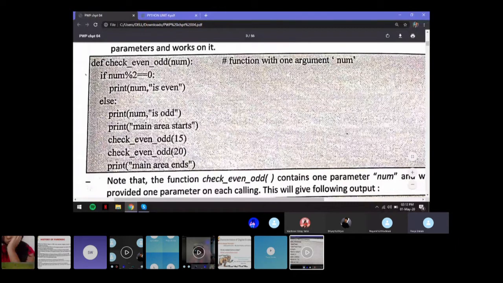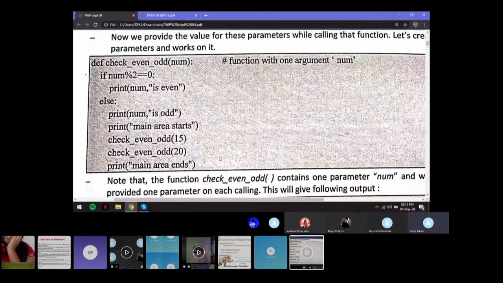Here we are passing the number 20. Correct? Then main area ends. So this is how you pass an argument into your function call. Next.